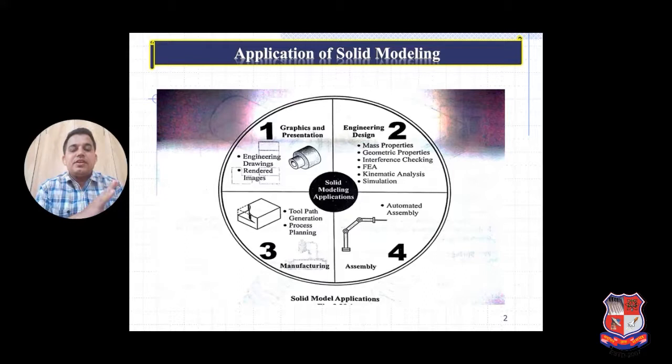A computer is connected with particular machines. It may be a lathe machine, a drill machine, or a milling machine. So CNC machines are there for automated part generation, and for that purpose we use solid modeling applications. And the fourth one, nowadays we all know, is robotics. Industrial robots are there as well as normal robots which we use in day-to-day life. So for assembly purposes or a single task we can use a robot. So these are the applications of solid modeling.